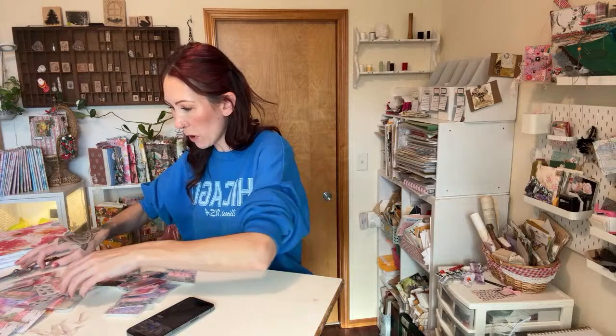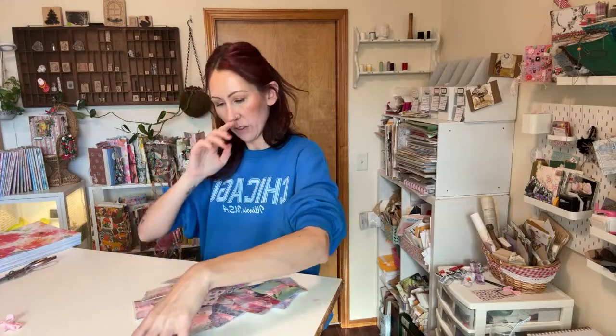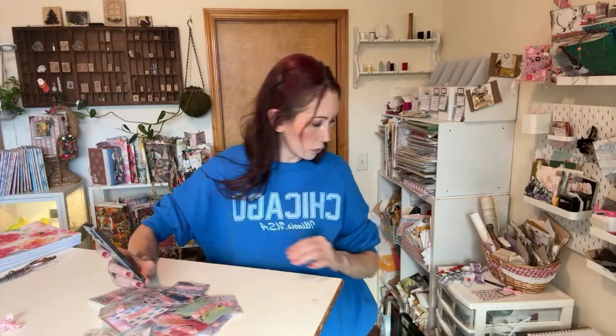Okay, guys, I am all done with these, so I am going to stop here so I can start punching all my envelopes. Whew. Gotta punch all of those. I should probably do it down here, because I noticed if you're able to put your body weight on it, it's so much easier. But these are all so pretty. I'm excited to include these in my packs. I'm actually surprised, since you mentioned it, that I only have one wildflower spot left. I actually thought I had some journal spots open, but I don't know. Anyways,